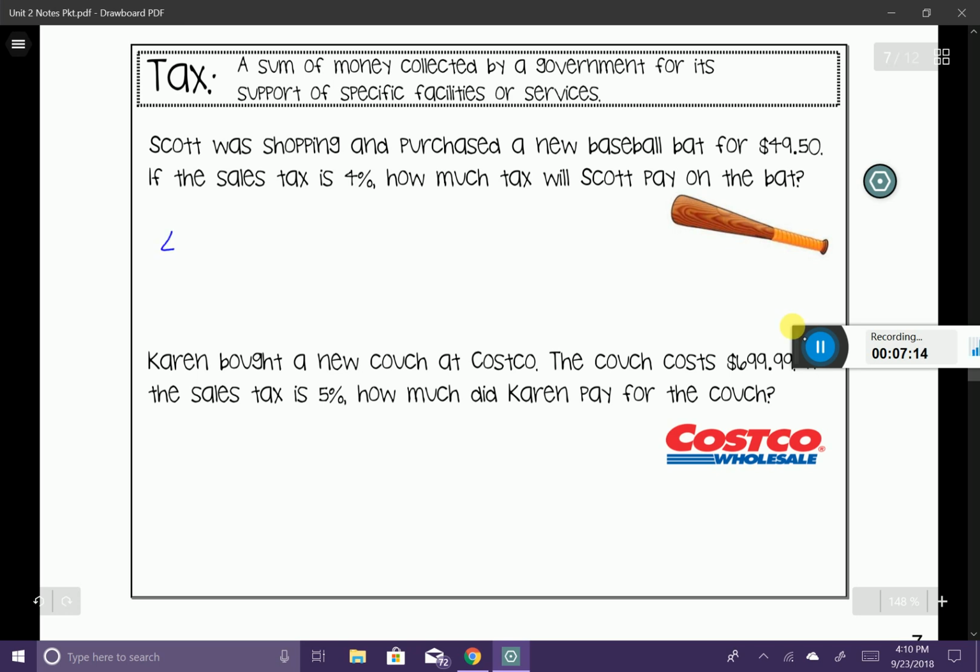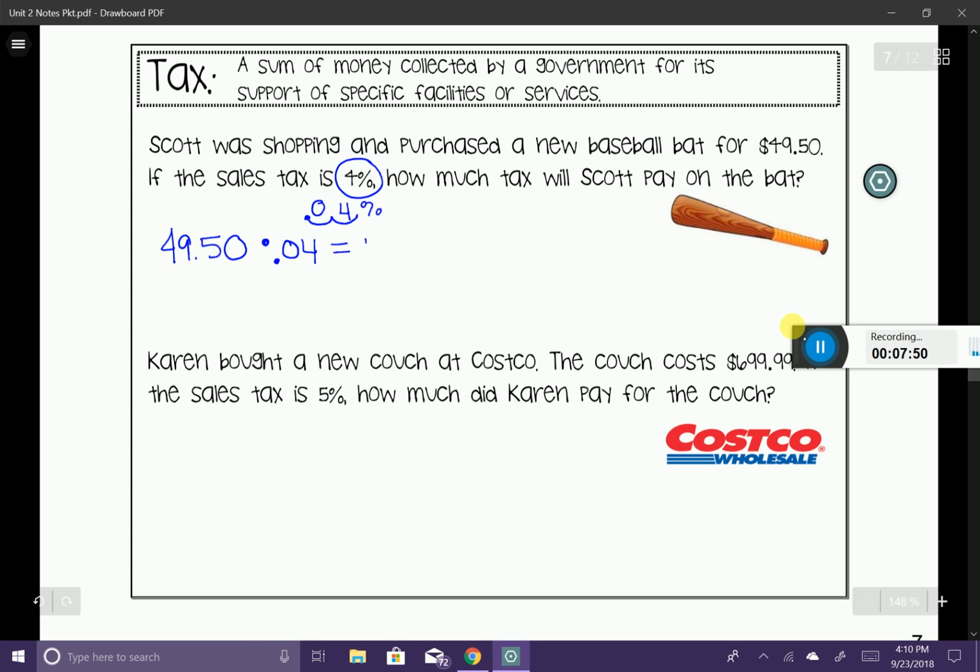So I'm going to say $49.50. And again, I'm going to multiply it by my percentage, which is 4%. Now you have to be very careful here because 4% is a tricky one. 4% looks like this, but I'm going to move my decimal not only once, but twice, giving me a placeholder of 0. So when you multiply it, you have to multiply it by 0.04. Be real careful there. And so let's find 4% of $49.50 in our calculators.